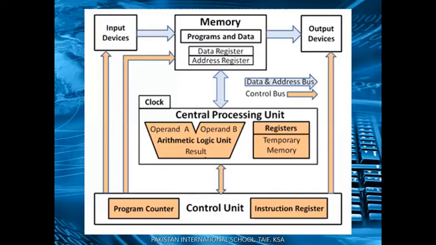Then we have the program counter, PC. It controls the sequence in which instructions are fetched from the memory at any given instant. The content of PC indicates the address in memory from which the next instruction is to be fetched. So in the general purpose registers, we have three main types: AC register, base register, and counter register. On the other hand, we have special purpose registers: instruction register, memory address register, memory buffer register, and program counter. So all these are the types of your registers.